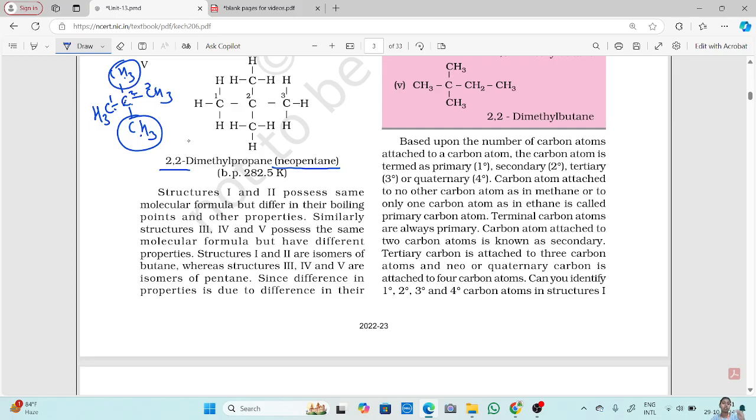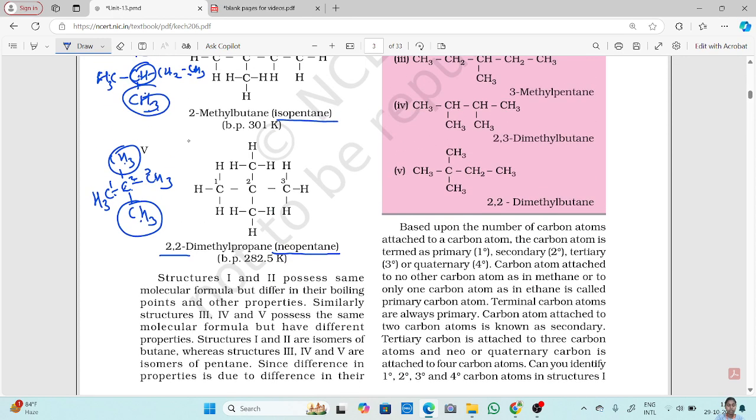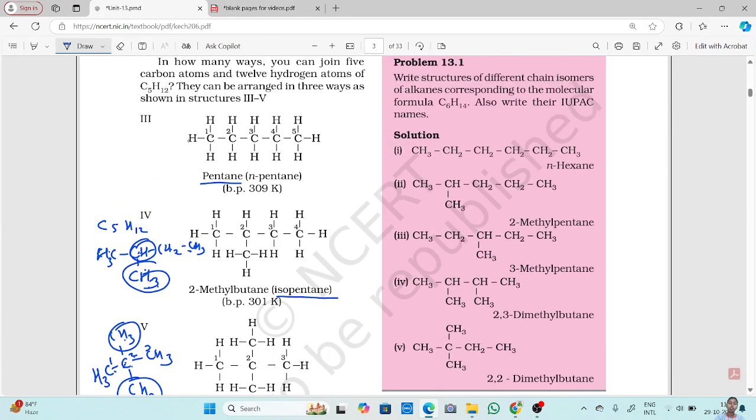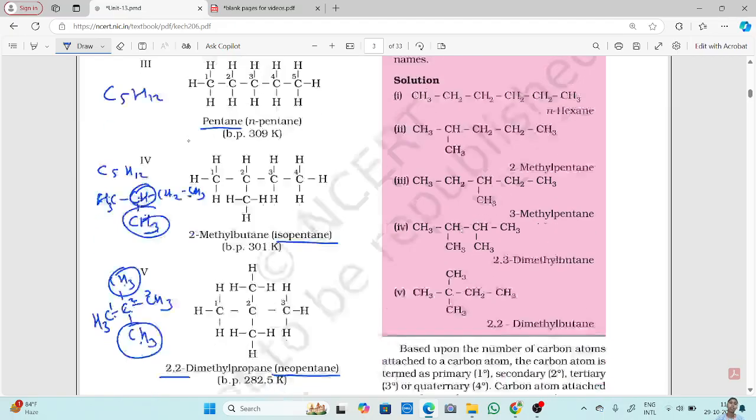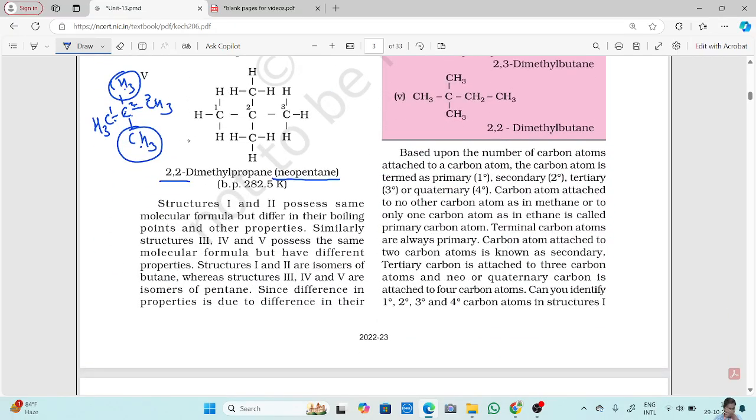Okay, structures 1 and 2 possess the same molecular formula, C5H12, but there is a difference in their melting and boiling points and other properties. Why? Even though they have the same molecular formula C5H12, the arrangement is different. This is a straight chain, this is a branched chain. The arrangement differs, and because of this different arrangement you will have a different boiling point and some of their